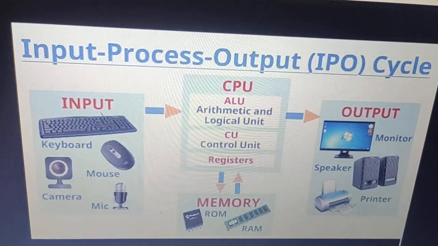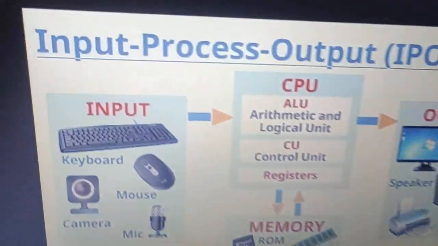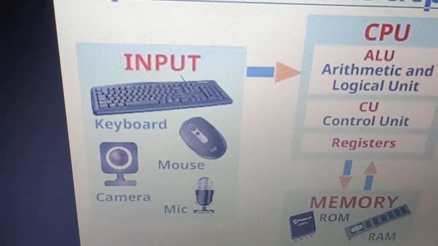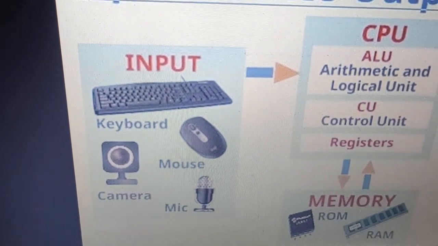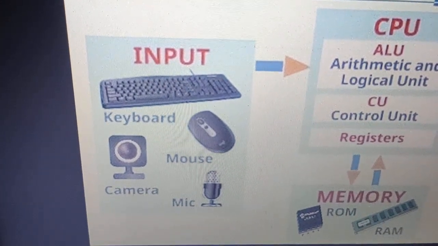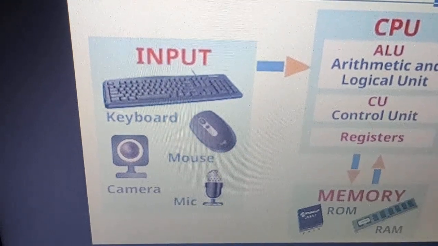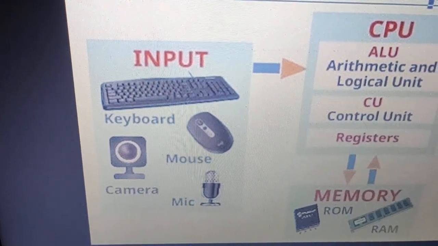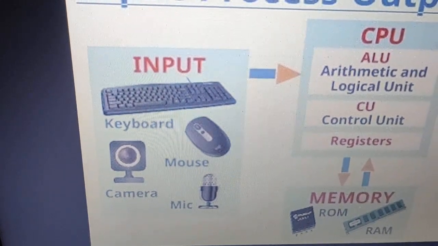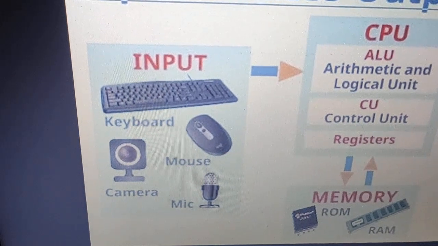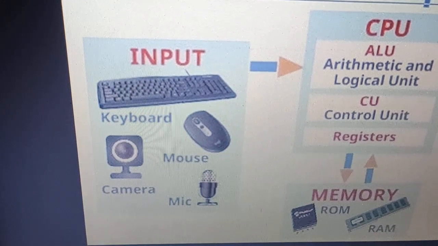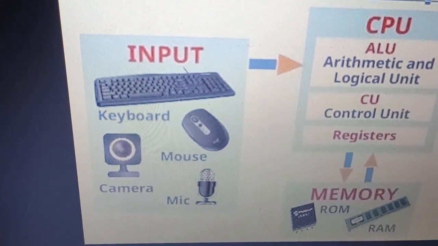Similarly, dear children, if we talk about the computer system, we can give input to the computer using the keyboard when you type any letters, any alphabet or any keys, using the mouse when you click anywhere, using the camera when you record your video or your expressions, and using the mic when you give audio to it. So these all come in the category of input, that we are putting something into the computer system.